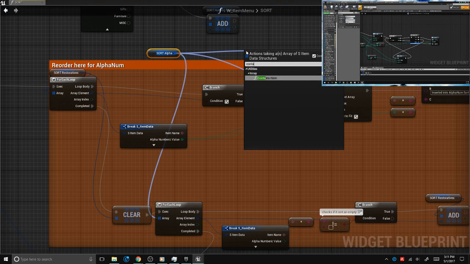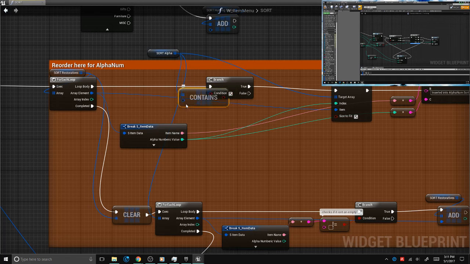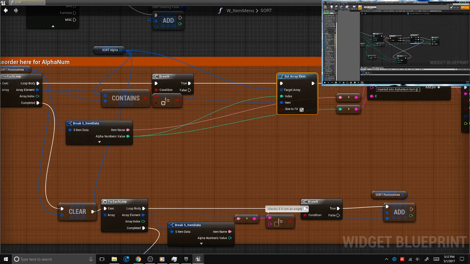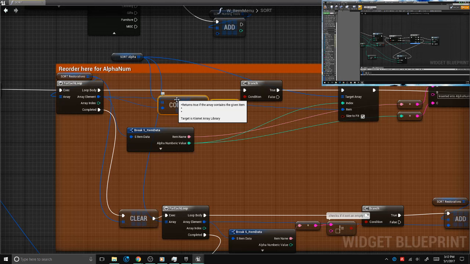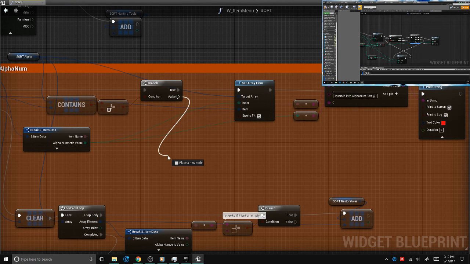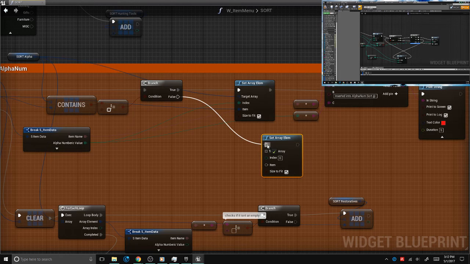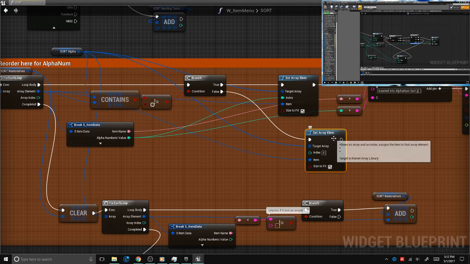In our sort alpha, let's check if it contains a specific item. If it does, and the item we're checking for is the array element, now let's put a not here. If it does not contain it, it gets dumped in nice and beautifully. But if it's false, meaning that it is there, we need to do some work. It's still going to use this. It's still going to be that item, but we're going to have to